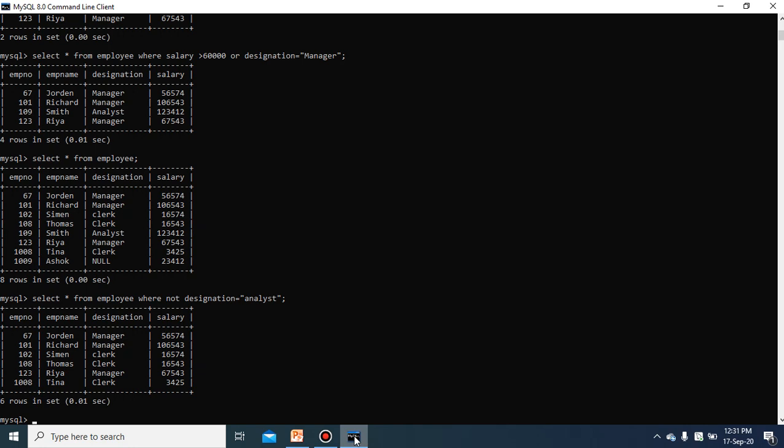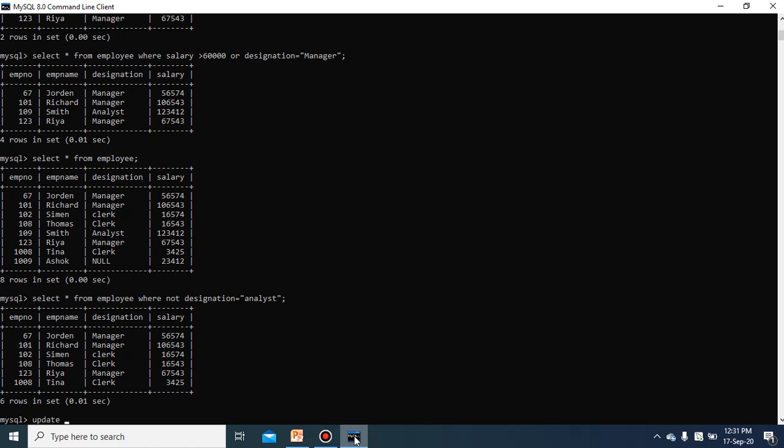Let us see how it is done. When you use the update command for modifying any records, you are not supposed to use the select command. Update is the name of the statement, so you start directly with update.